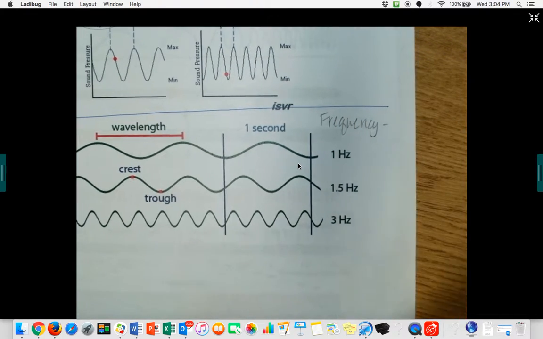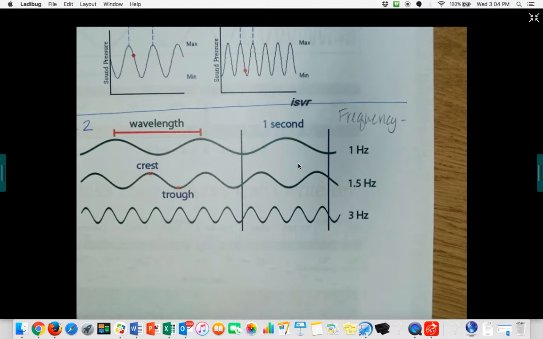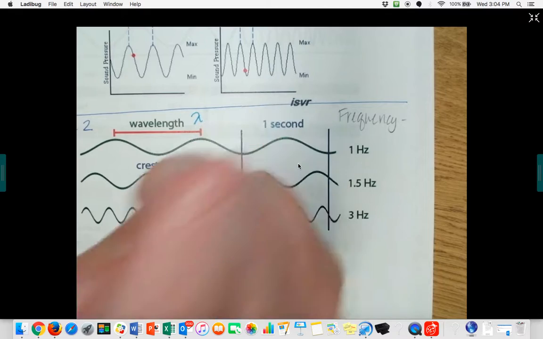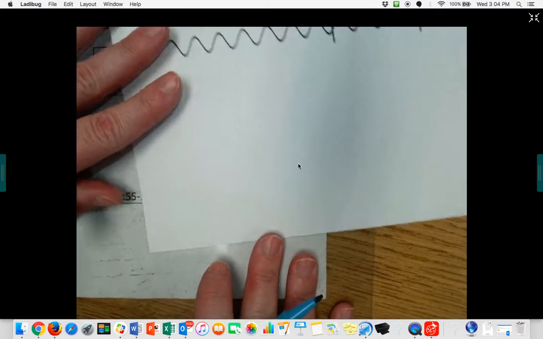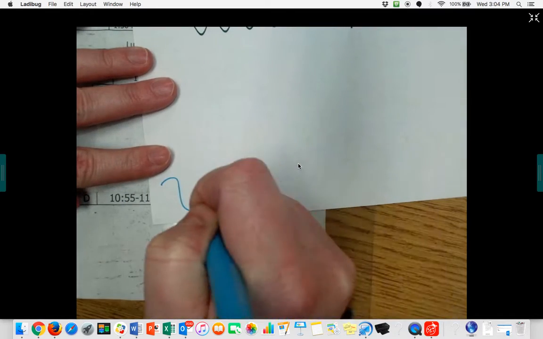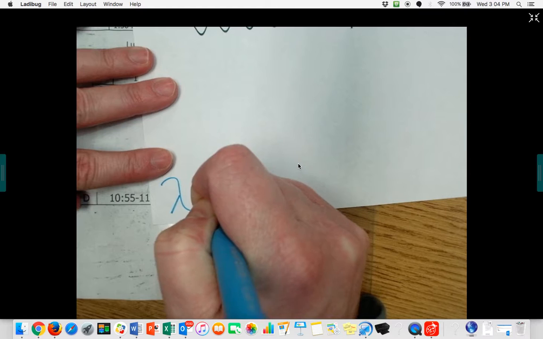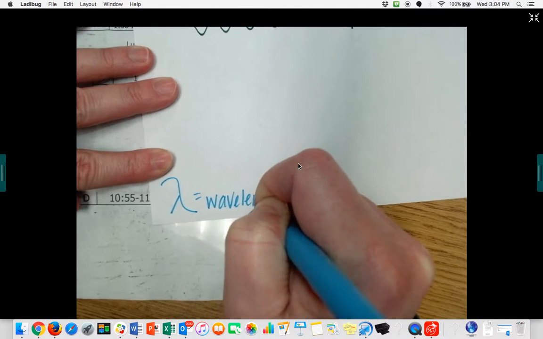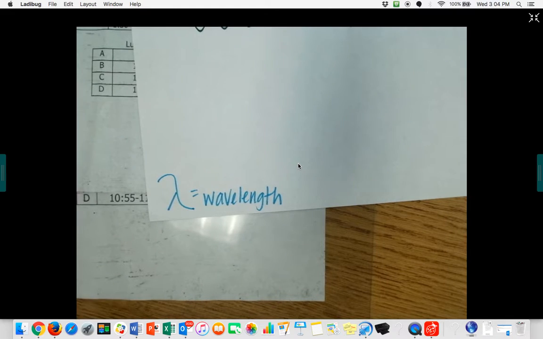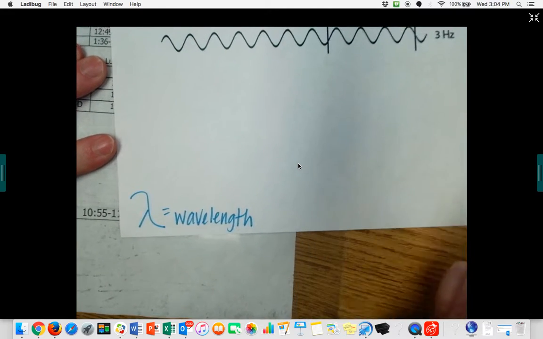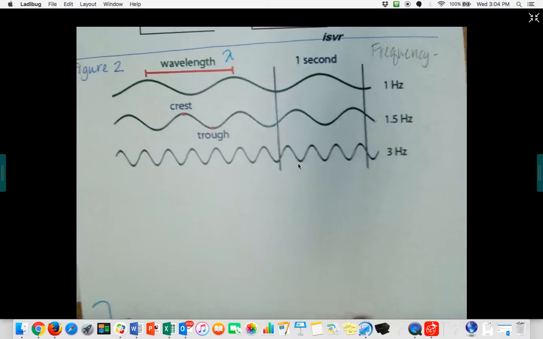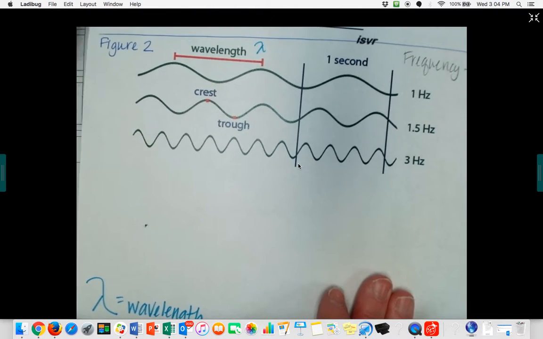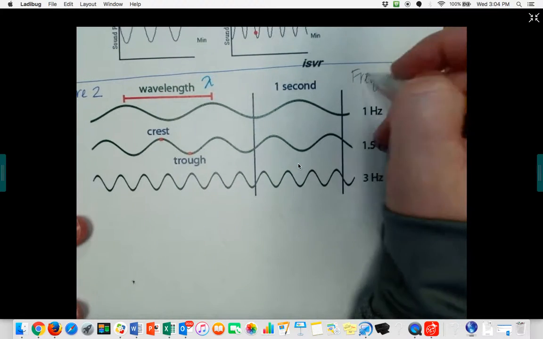By the way, the symbol for wavelength is this funny little kind of upside down Y looking thing. I'll come down here and draw it bigger for you. It's like that, go down. That's the symbol for wavelength. It's a Greek or Latin lowercase letter. I can't remember which one it is. But if I come back up to here, talking about frequency. Frequency is how many wavelengths